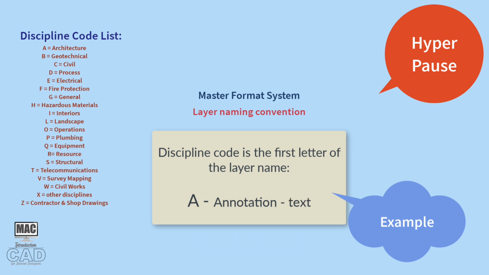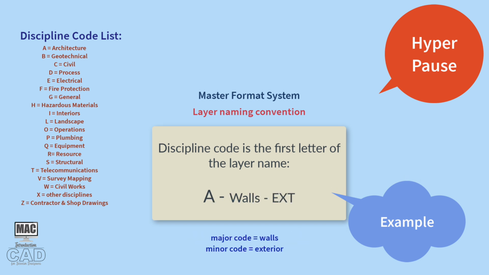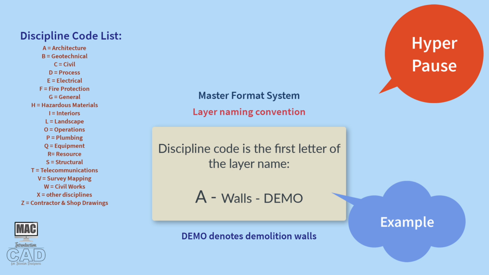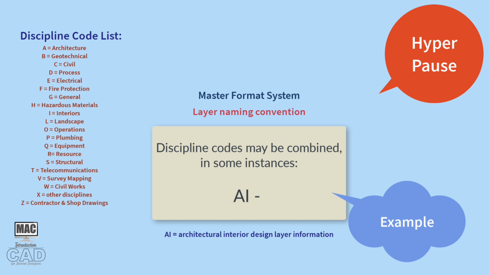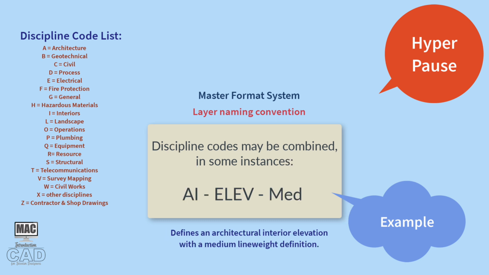Let's look at another example. This code defines exterior walls. Changing the minor code to INT denotes interior wall partitions. Changing the minor code to demo changes the meaning of the layer to the definition of a demolition wall layer. It is also acceptable to combine major codes for related disciplines, such as architecture and interior design. The major code for an interior elevation could be the following: